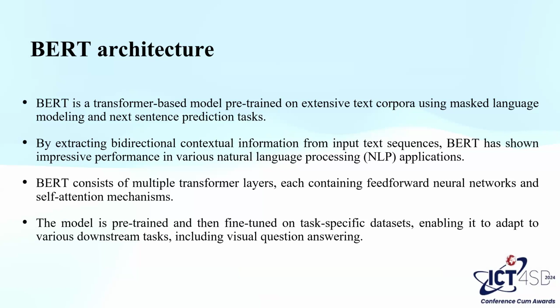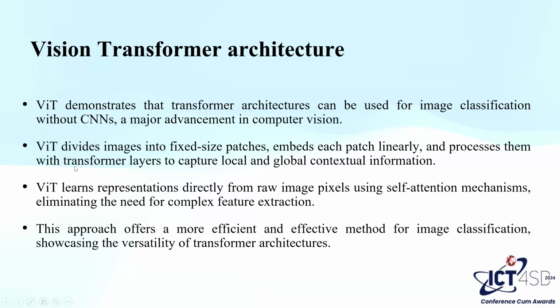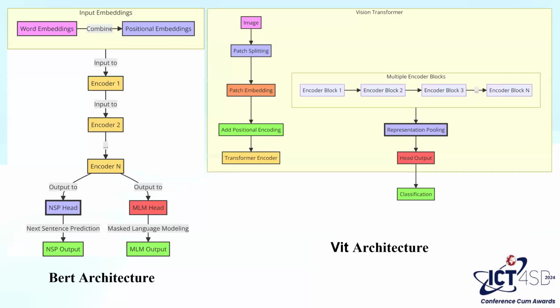It consists of multiple transformer layers, each incorporating a feed-forward neural network and self-attention mechanisms, which enable it to derive valuable insights from textual data. There is the Vision Transformer architecture. It is used to process visual data by dividing images into patches and embedding each patch linearly, which facilitates the extraction of contextual information. The model is particularly well suited for smaller datasets. Here are the images for the BERT and the ViT architectures,